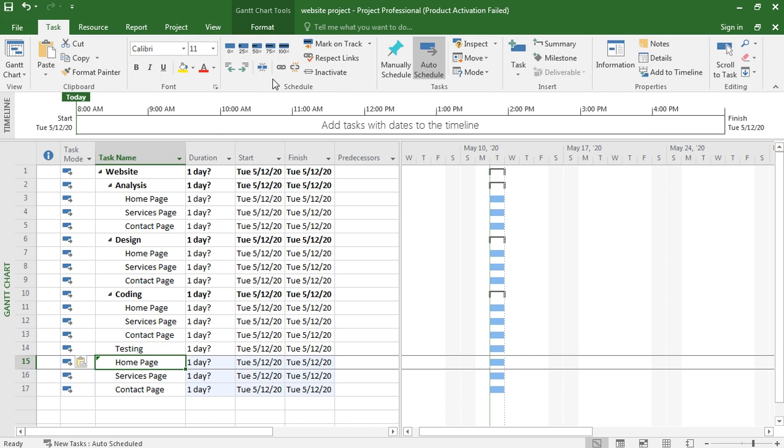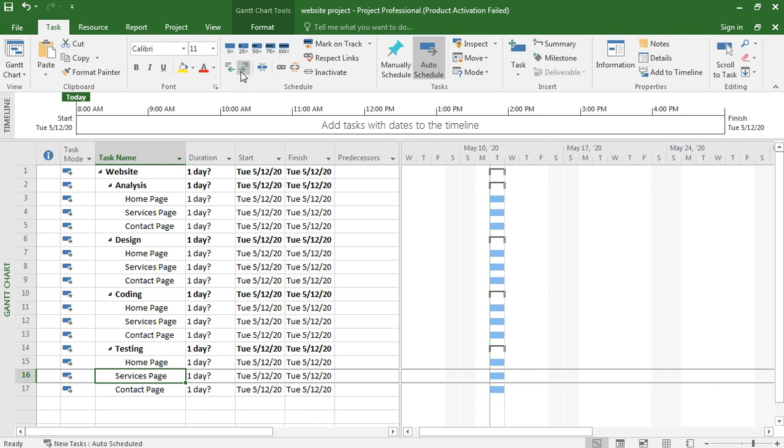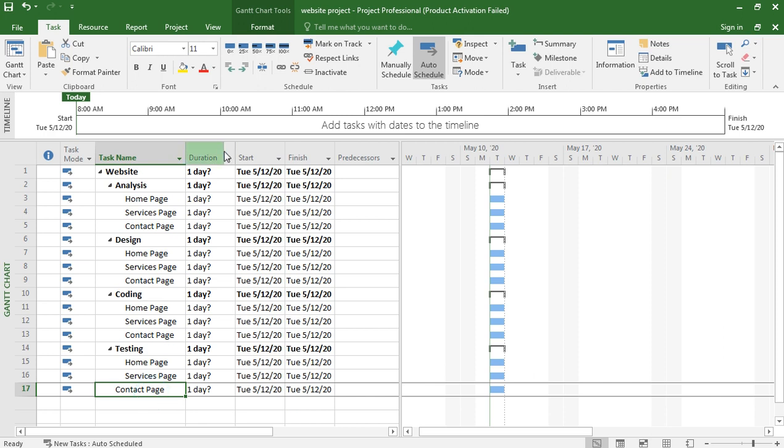And for the testing we should paste these three pages, and we test these pages after coding. Okay, so we indent this and we indent this, right?